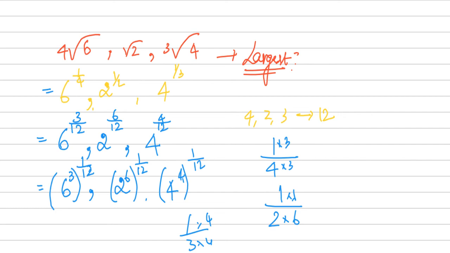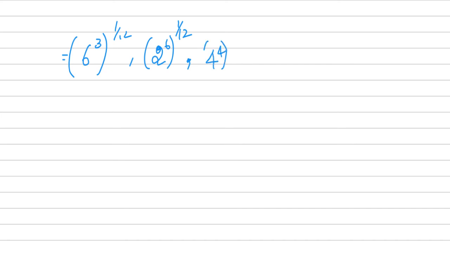See here, we have all the powers as 1 by 12. So it's very simple. You need to calculate what is 6 cube. So let's do that. So we have 6 cube to the power 1 by 12, 2 to the power 6 to the power 1 by 12, one more term, which is 4 to the power 4 to the power 1 by 12. So now what you can do,